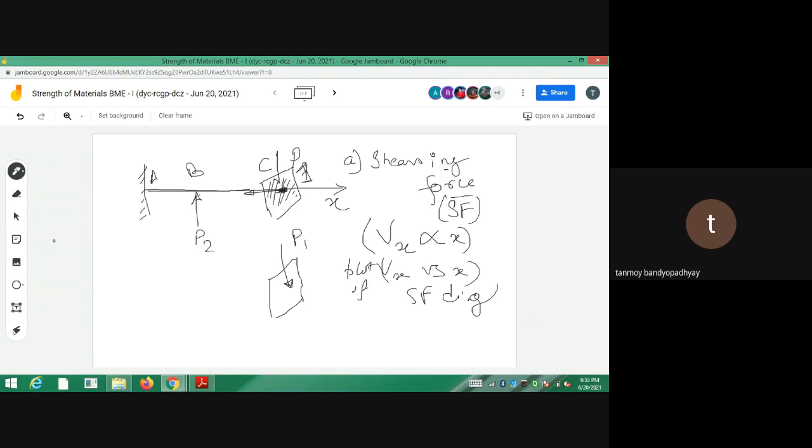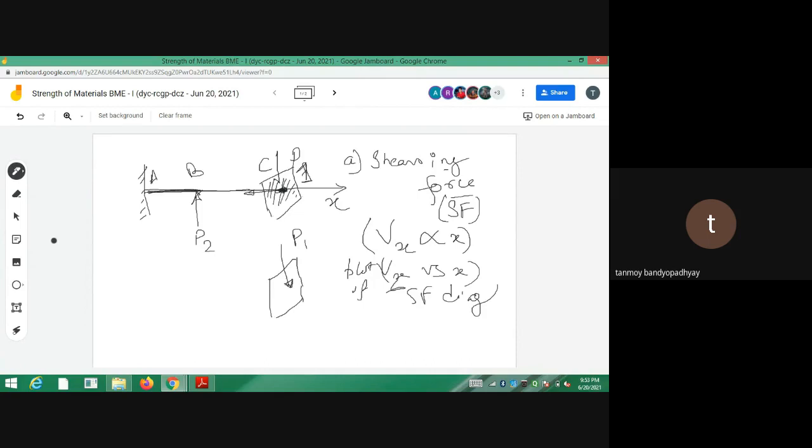Now whenever I cross the point B, the shear force may change sign because there is an additional shear force in the opposite direction. So for the part AB, I have to draw a free body diagram and calculate what shear forces are acting. That is why you can say that on the length X of the beam, or the span length of the beam, the shear force is varying. Whenever I plot it, I will get the shear force diagram.